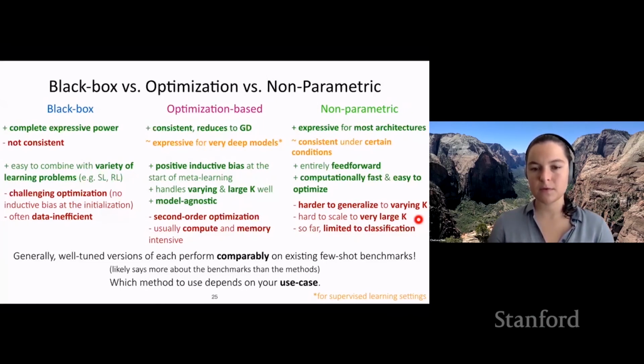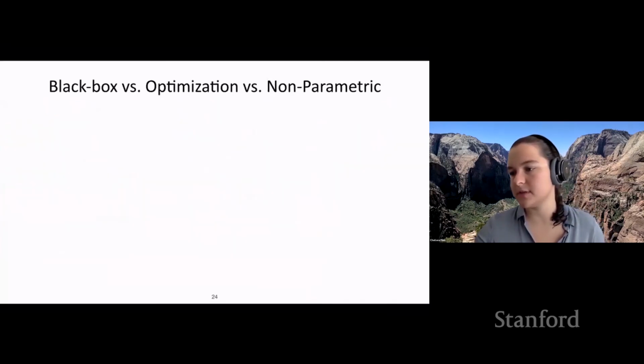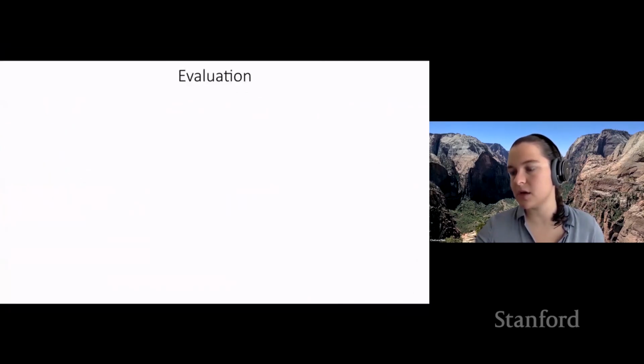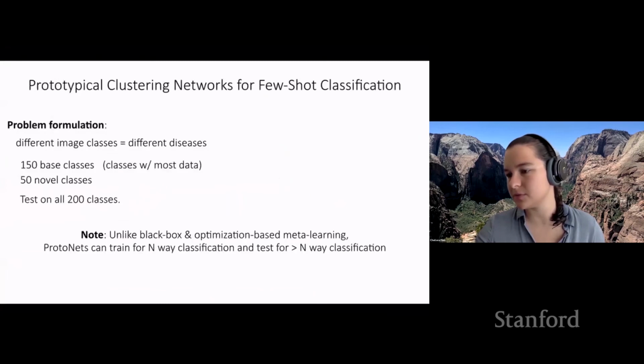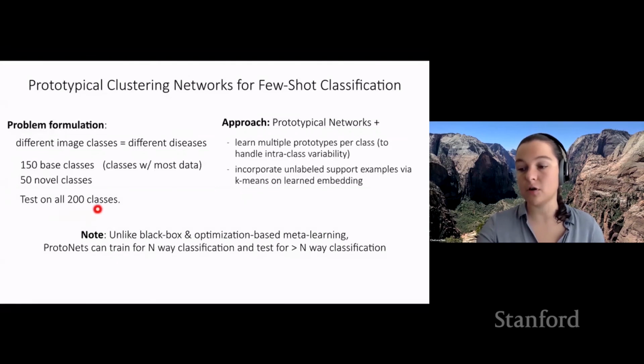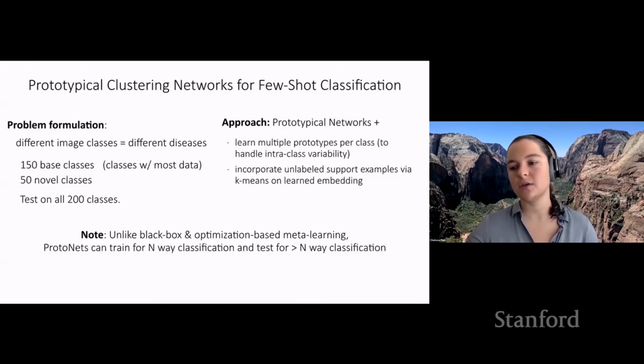Or do we then move on to the supervised learning setting? Basically, I'm asking, how do you train a learner that can do many classes but still not have too many examples per class? Yeah, so that's exactly what this case study was looking at, where you wanted to be able to test on all 200 classes, even if you had only trained on up to 150 classes. And with these non-parametric methods, it's actually quite easy to do this, because for these base classes,